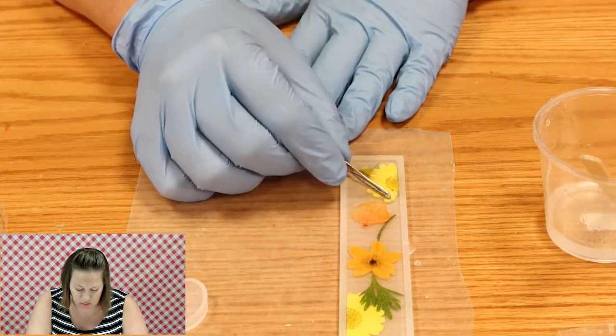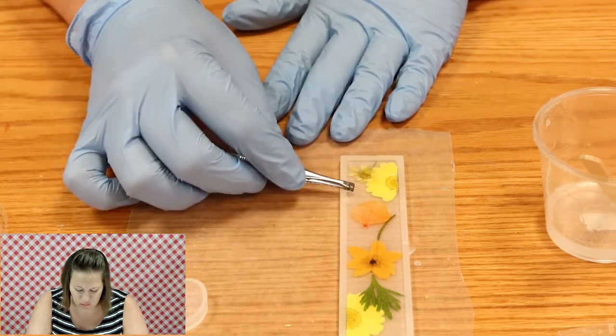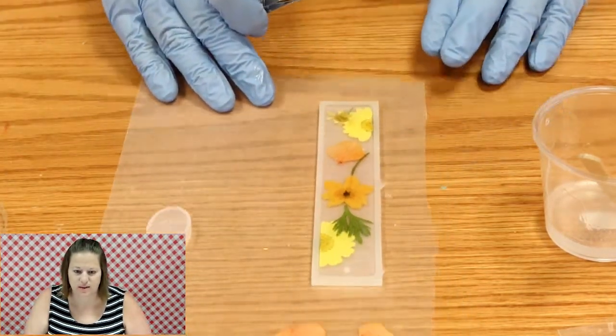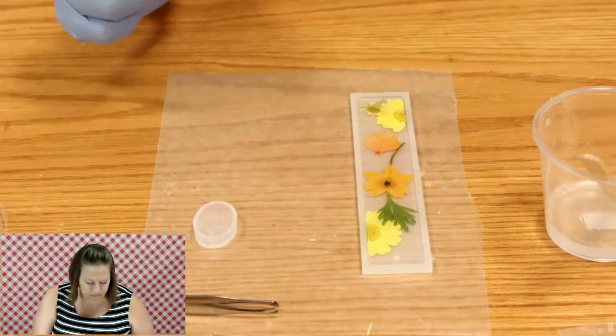But they look pretty good. I'll just press that down a little bit. And we have a resin bookmark. How fun is that? Move it back here so you guys can see again. Fun, fun, fun. All right. So,